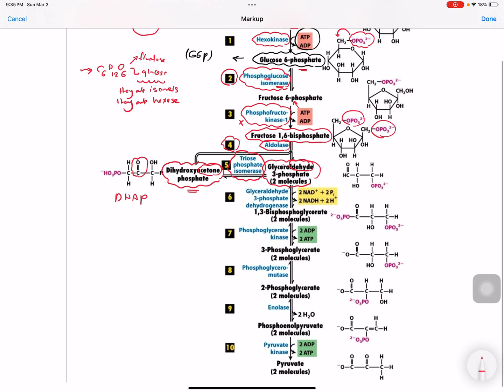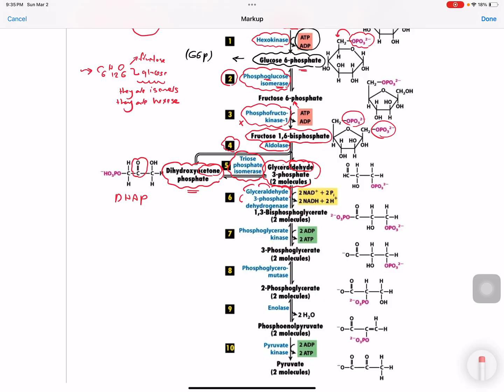And after that, glyceraldehyde 3-phosphate, using another enzyme that is called glyceraldehyde 3-phosphate dehydrogenase, is dehydrogenated. So this means removing hydrogen from glyceraldehyde 3-phosphate or G3P, and this hydrogen is transferred to NAD